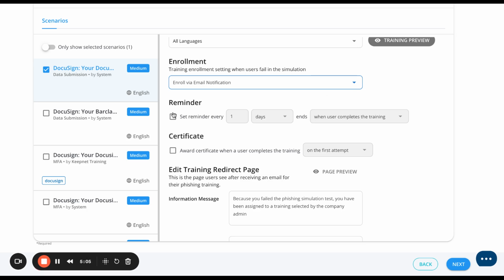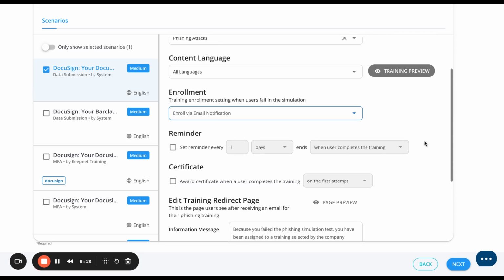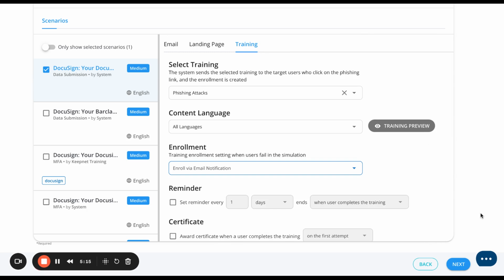Of course, we have reminders just to prompt people to complete the training, and you can also send a certificate to those people who have completed as well. If you would like, both of these are optional. Clicking into the next button, once you've selected the training, selected the phishing scenario that you want to use for your phishing campaign,